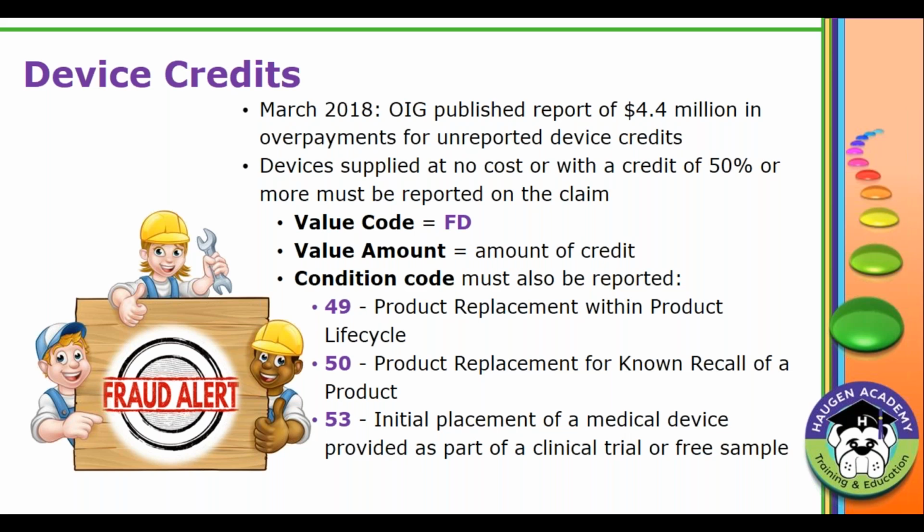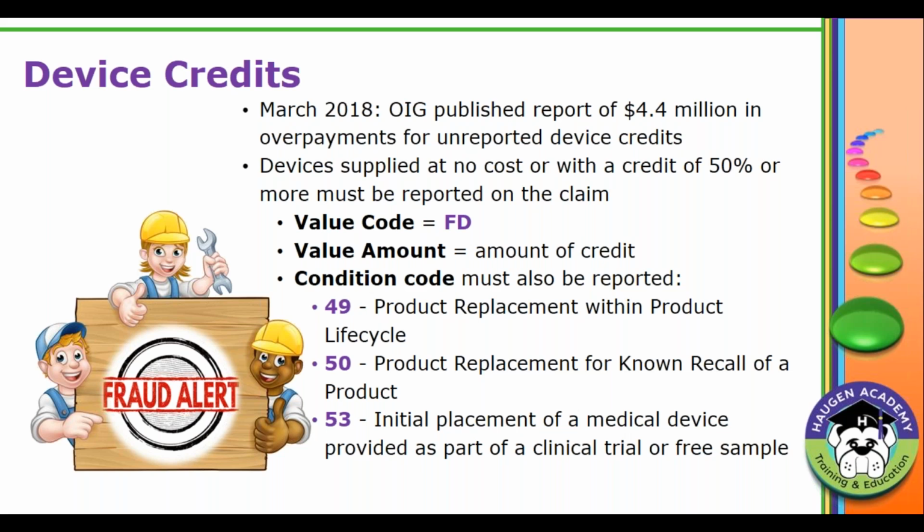There was a March 2018 report published where $4.4 million in overpayments for underreported devices or unreported device credits were identified. And if this is not something that is on your facility's radar, it should be, because it's on the OIG's radar. And the issue is that if you have a device that was supplied at no cost or with a